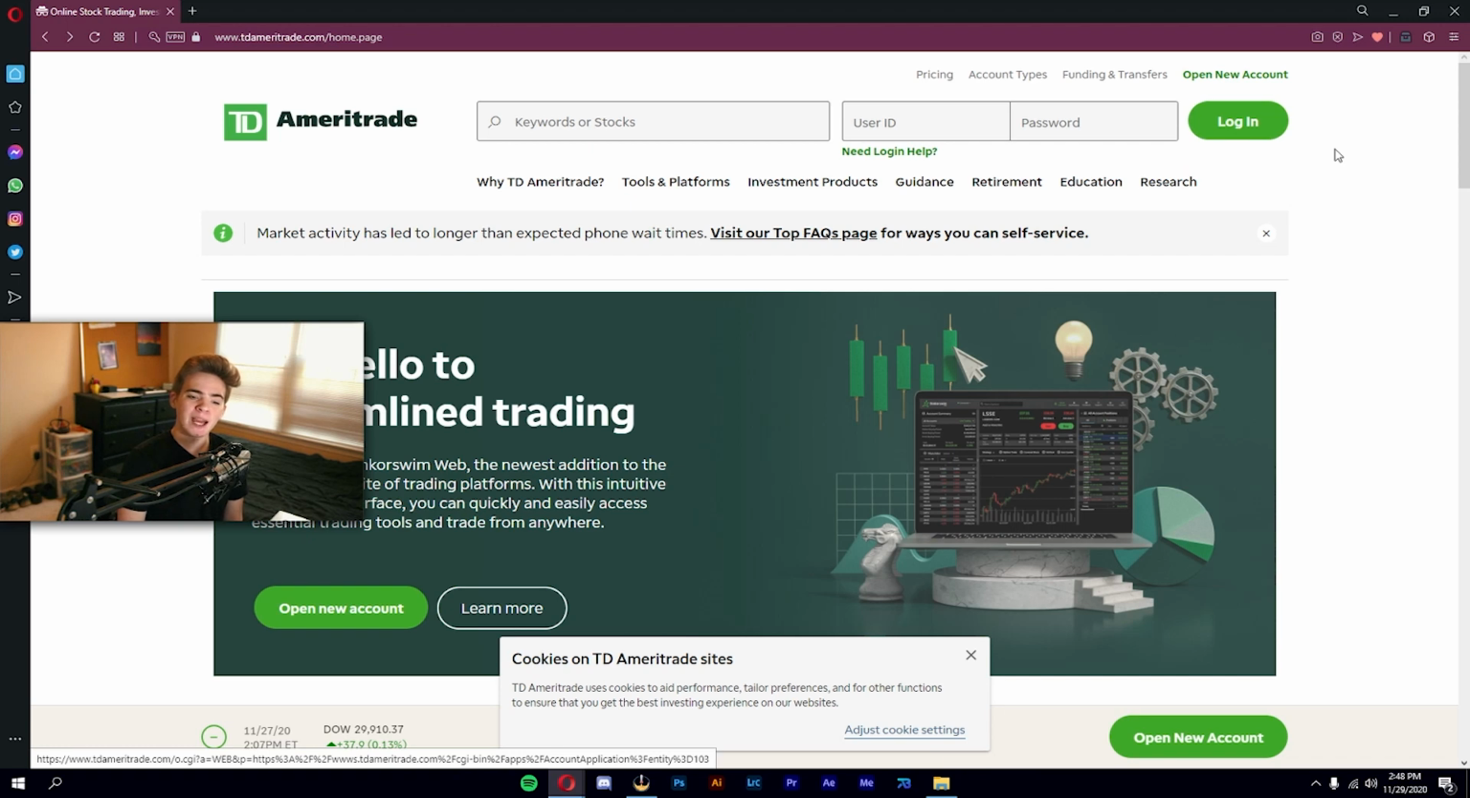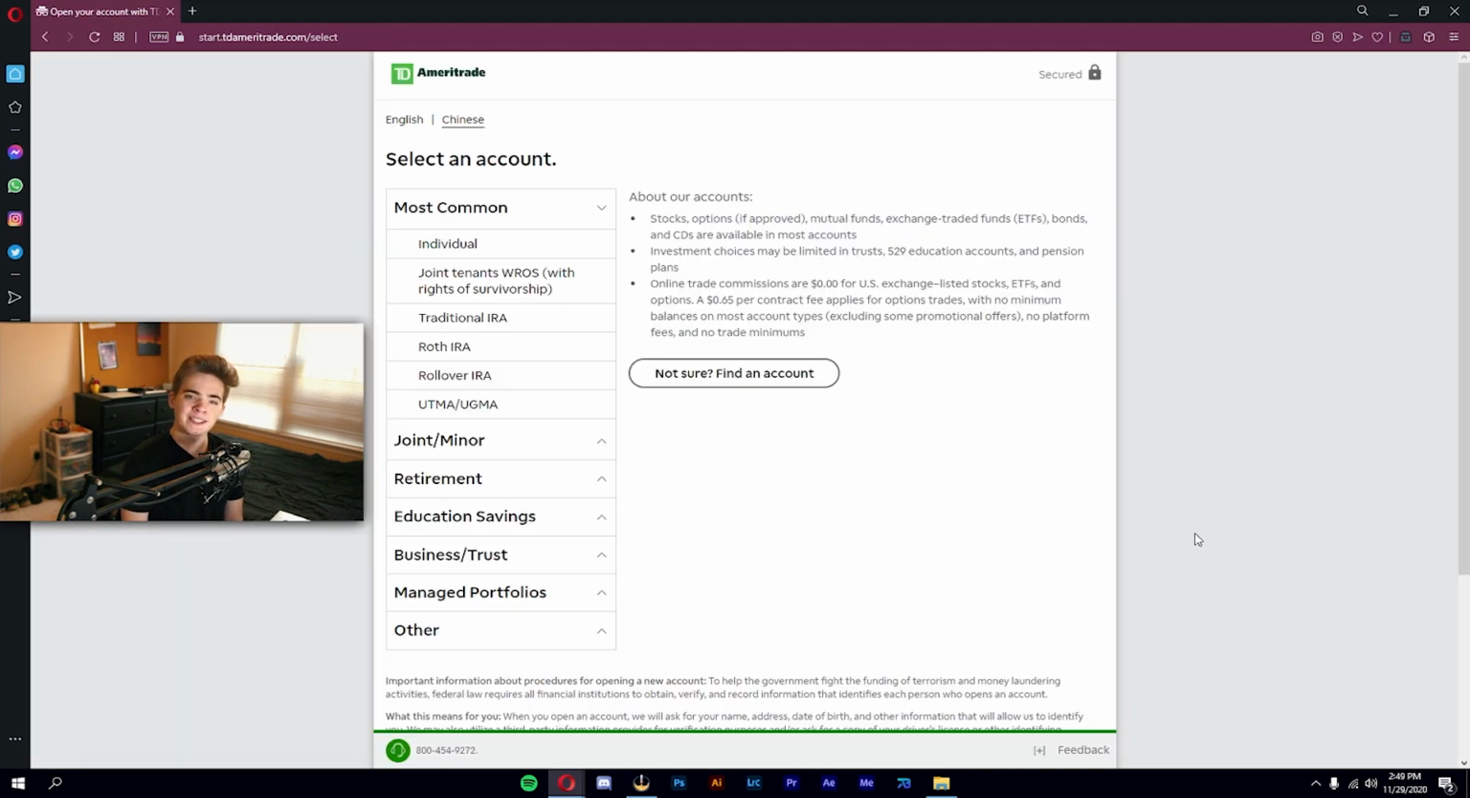So, the first step to creating your account, once you've gotten to the tdameritrade.com website, is to look into the top right corner and click the green Open New Account button. Once you get to this page, you'll see on the left side of the screen that there are many different options for different types of accounts. If you are an adult, you will choose the individual option. But for the purposes of this video, as the account will be created for a minor, we're going to click Joint/Minor,